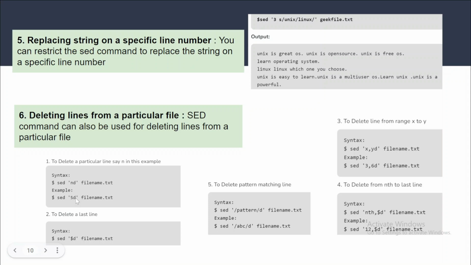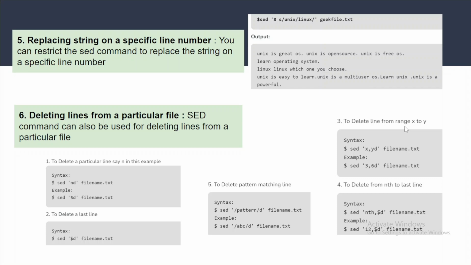If you want to delete the first line, you can say 1D. To delete the second line, you can provide 2D. And if you want to delete the last line, for example you have hundreds of lines, you simply provide the dollar symbol, which means the last line of the file, and D means deletion.